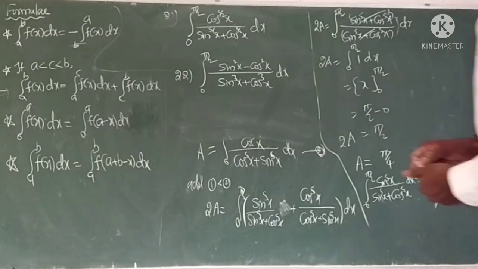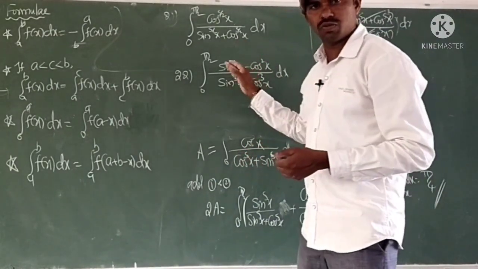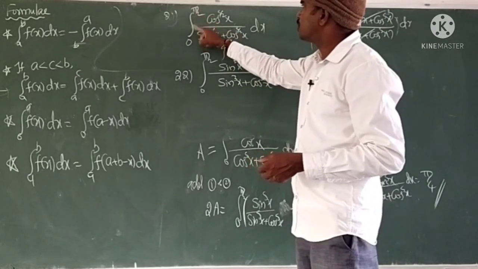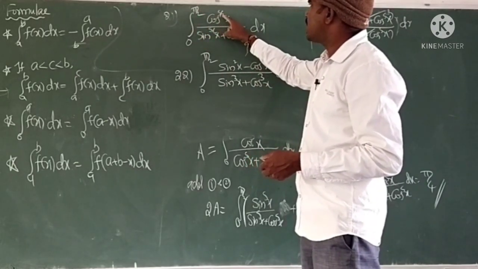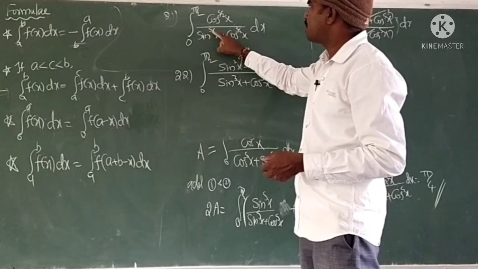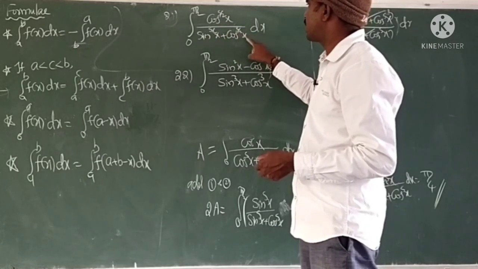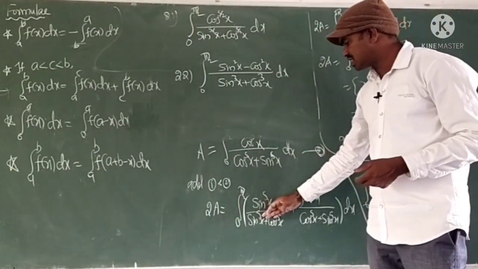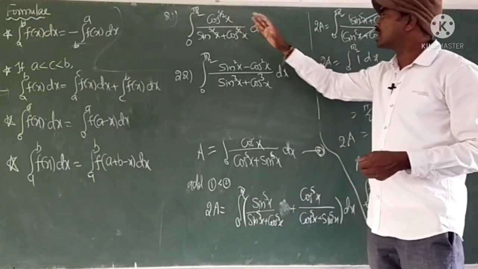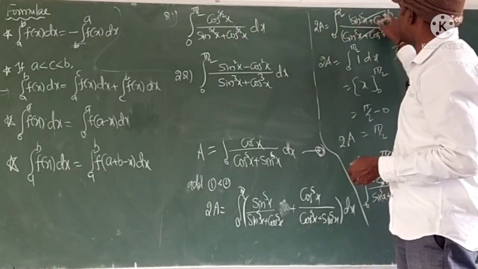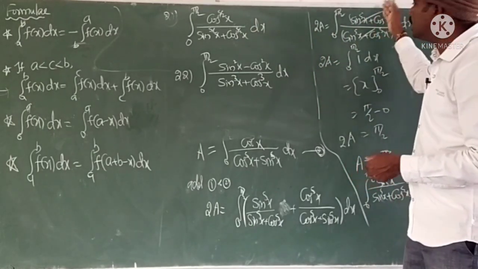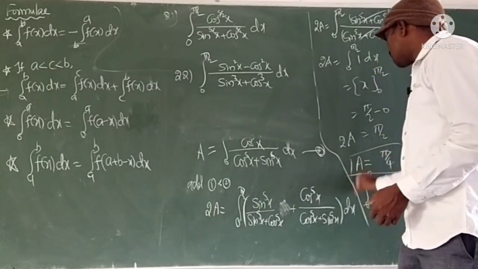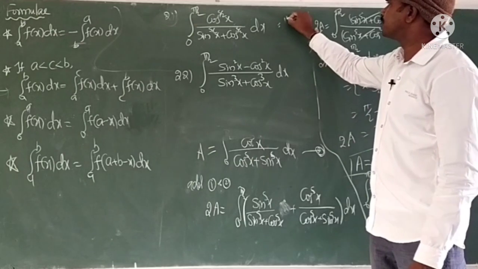Sorry, two more questions are there in the 2 marks questions. So this is question 21, integral 0 to pi by 2 of cos power 5 by 2 x by sin power 5 by 2 x plus cos power 5 by 2 x dx. Same as the previous question, just here the power is 5 by 2 instead of 5. Whatever it is, the same terms get cancelled, and we get the same answer, pi by 4, for this question.